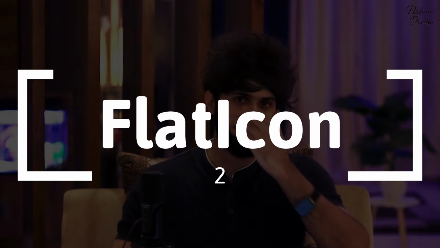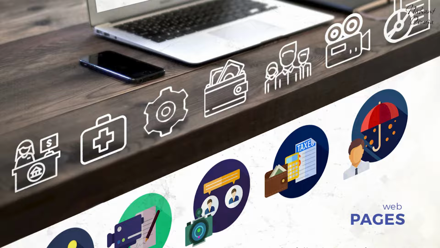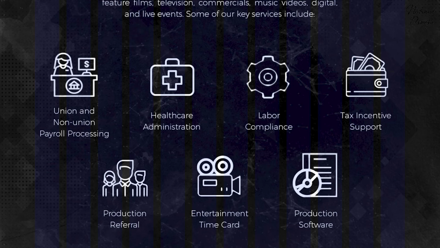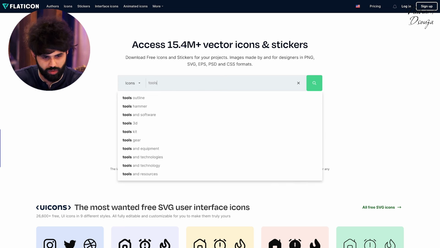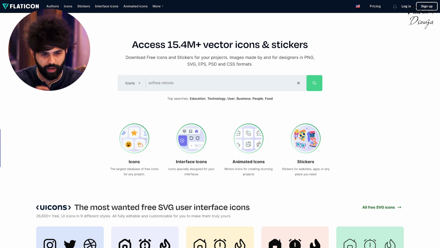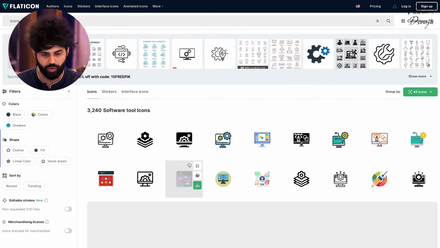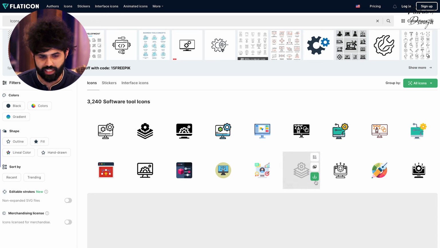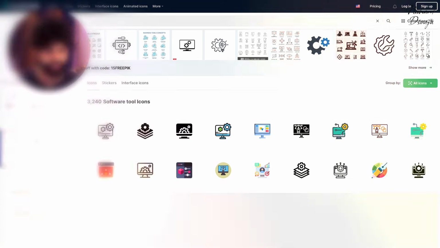The next tool that I couldn't recommend more is Flaticon. I use Flaticon all the time for a different variety of styles of iconography, whether it's say for app design, websites, even product explainer videos, and a bunch of other things, right? So here you can search for whatever icons you want. Say this video is about tools, so maybe software tools. What kind of icons do they have? Software tools, and there you go. A bunch of different tools in varying styles. You can also download packs for yourself, a bunch of different icons in the same style so that you can have consistency for a particular use case.